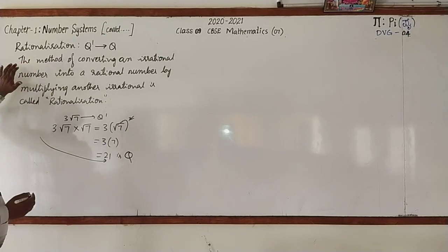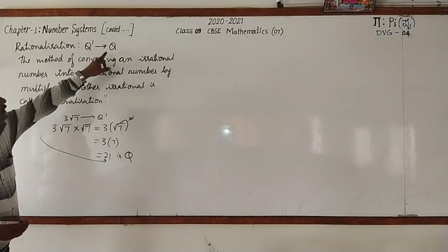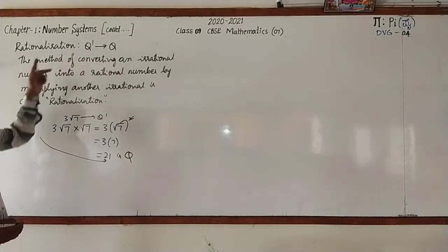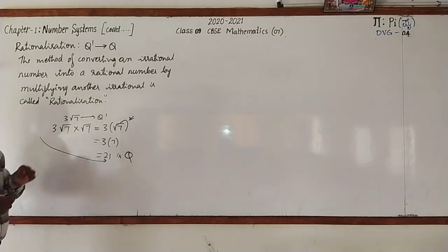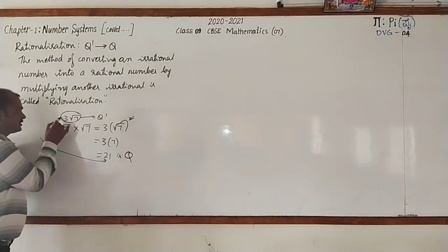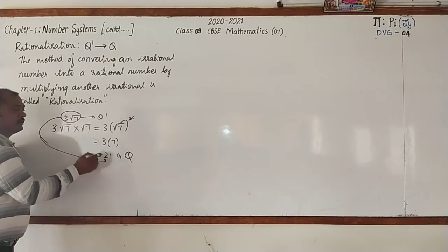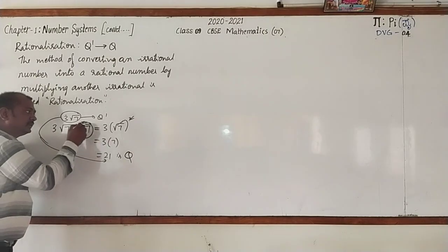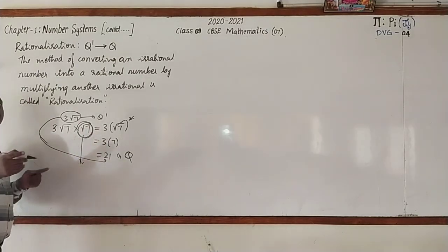Important one. Just go through that. The method of converting an irrational number into a rational number by multiplying it with another irrational is called rationalization. Earlier, I explained that an irrational number is converted into rational. To convert this into rational, what has been multiplied? See, this root 7 is multiplied. The number which is multiplied with the irrational number